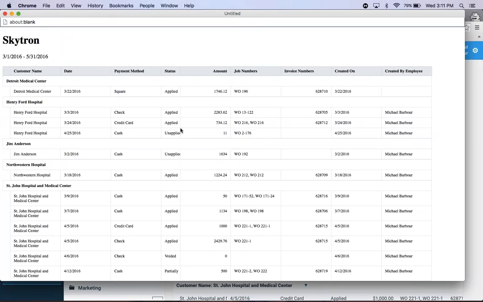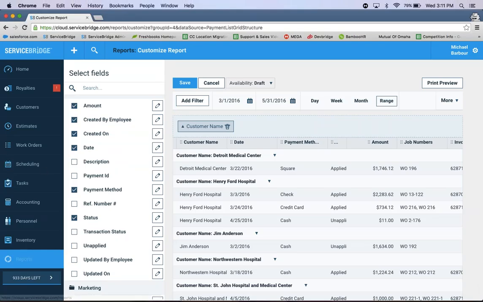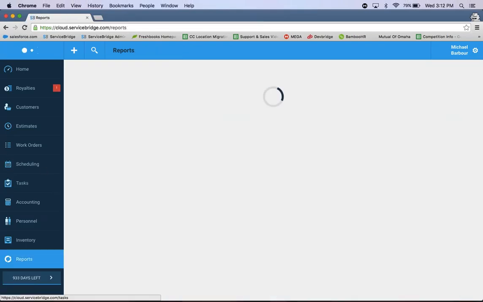And obviously, this could be used for your disposal at anywhere you want, whether you just make sure all of them are applied. You can kind of tally up the amount. And you can also see what kind of was the preferred payment method for most of your customers. Great. Let's jump over to the next one, which is invoices.